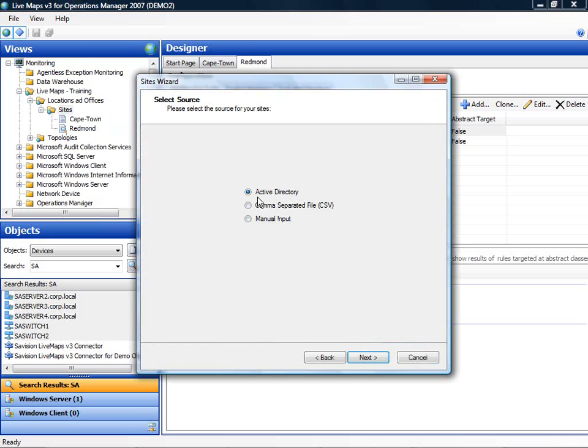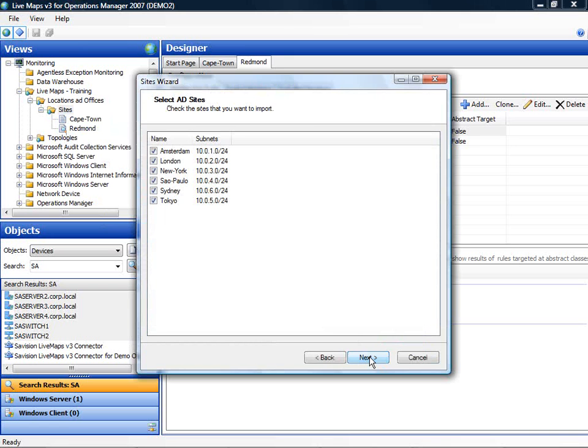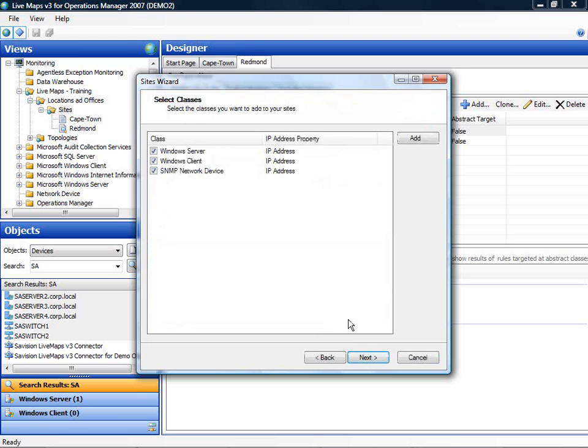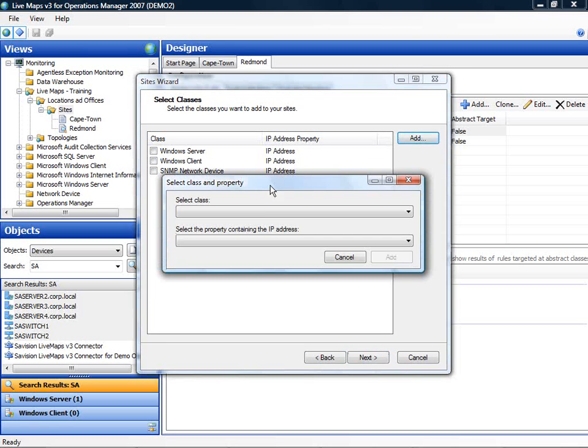As you can see, you can select different sources of IP and subnet information. For now, we will choose the Active Directory. The wizard scans the Active Directory and has located a number of sites and their subnets. Now we can select the objects that we want to be grouped by IP address in the dynamic site list. By default, we already select the server, client and network device, but for this demo I will add a number of